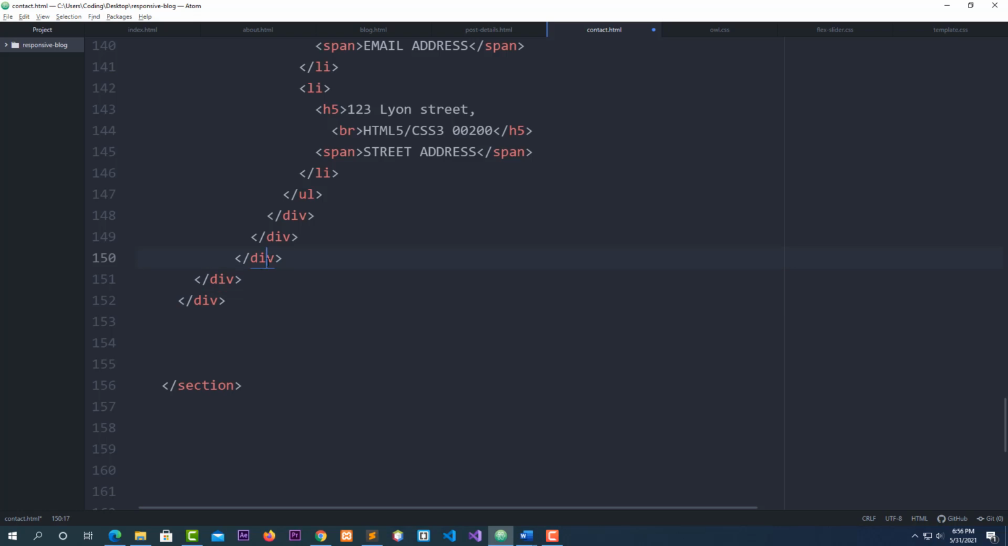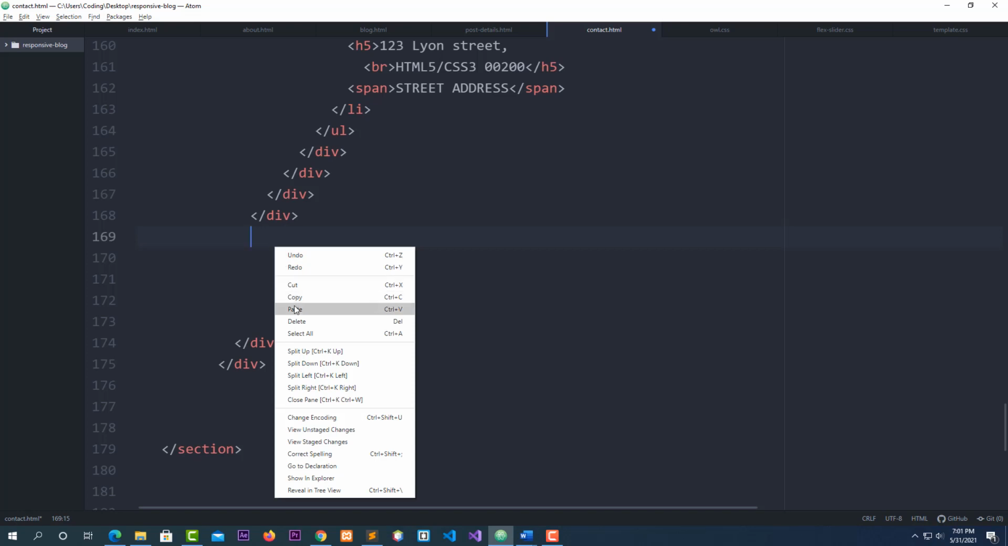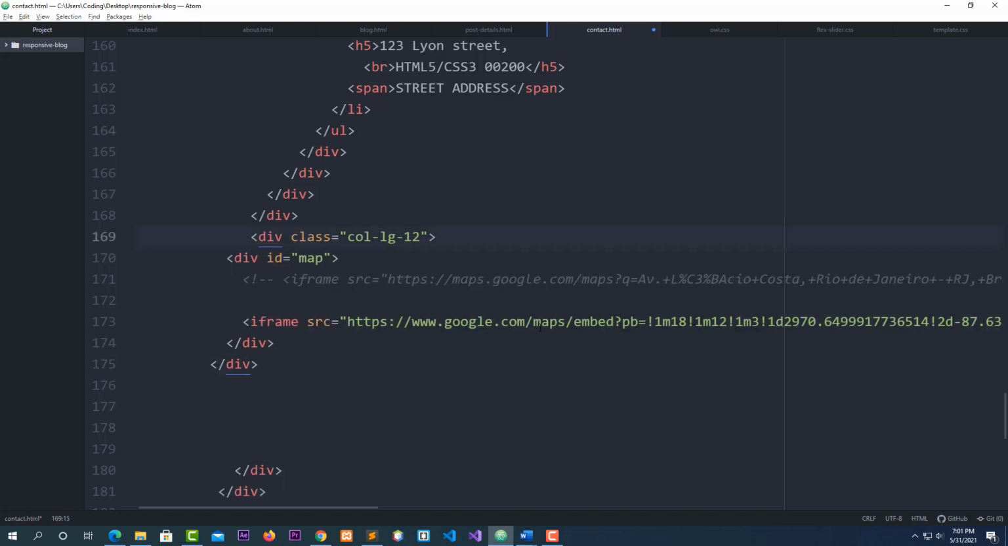I'm supposed to get, let me see, this is the last one. And after this closing div, I'm going to add the map. For the contact us, I'm going to add the map, and I'm going to paste the code for the map. You go on Google, you put the address you want in, and then Google will generate this iframe